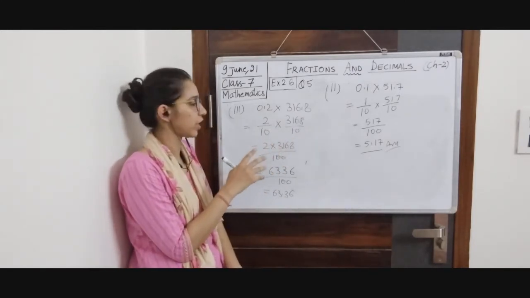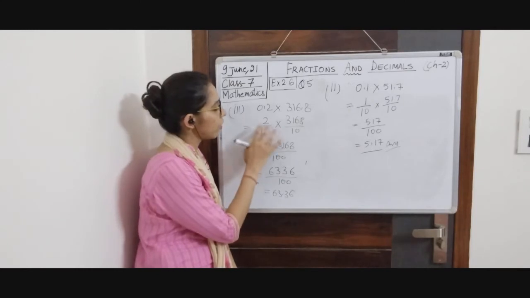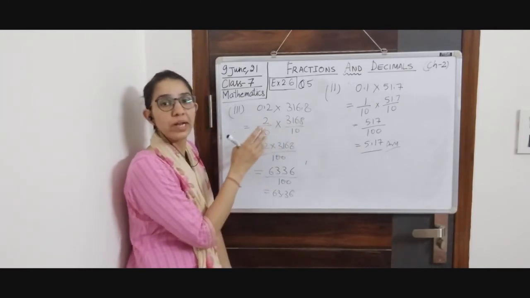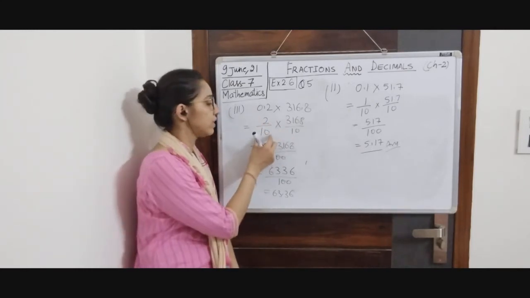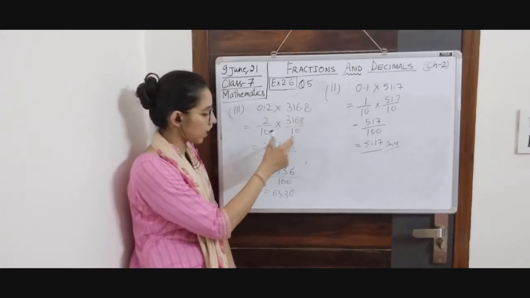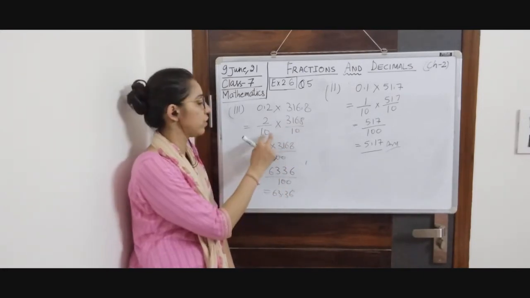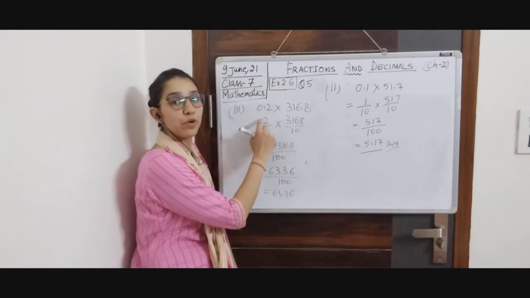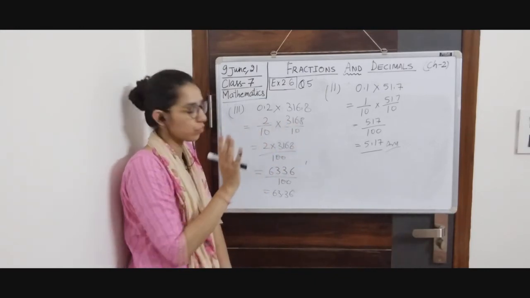I'll repeat again. Here, if you think of multiplication of fractions, you will remember that we perform cancellation if possible in our step 2. But here we will not cancel because we want our answer in decimals and these zeros will help us in putting decimals. So we will leave them untouched and we will perform multiplication with numerators only.